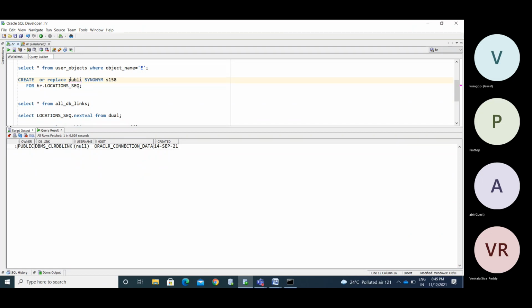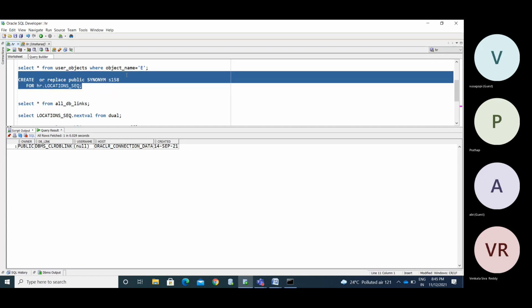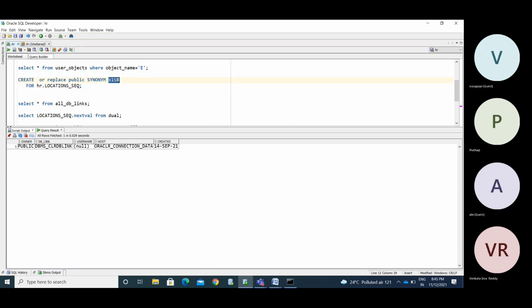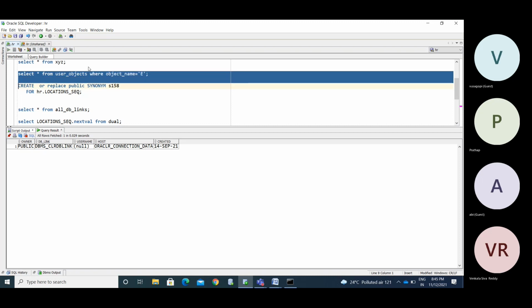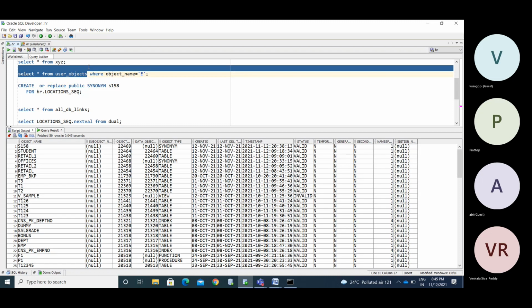If you create a public synonym, this object can be accessed by any user of the database: System user, HR user, A user, user 1, user 2, user 3. All the users can access it with the same name. This is one of the objects. Now I am in the HR user and getting the data, select star from user underscore objects.